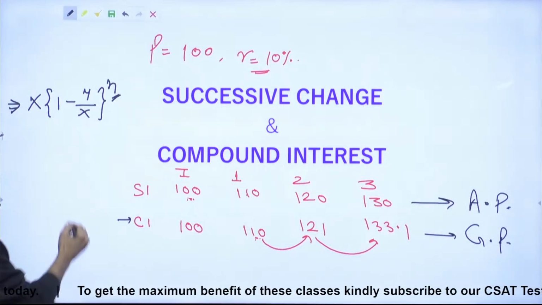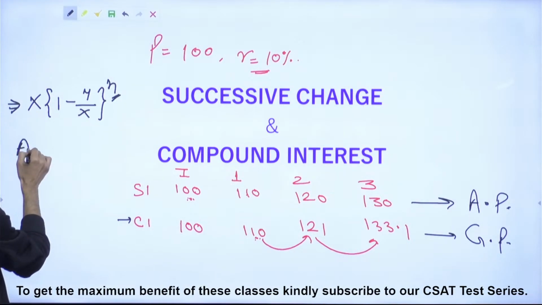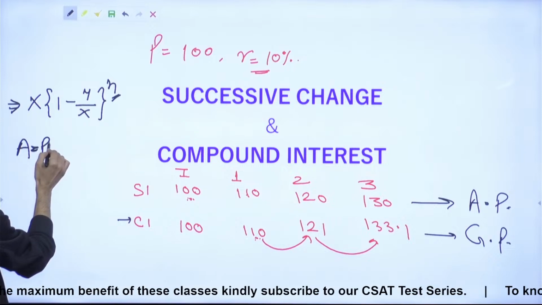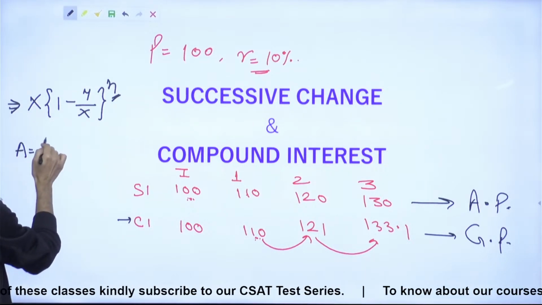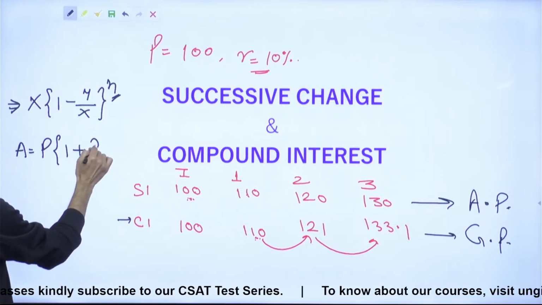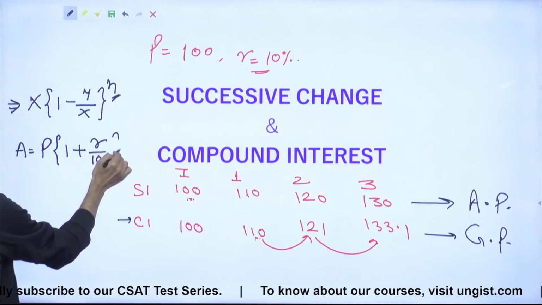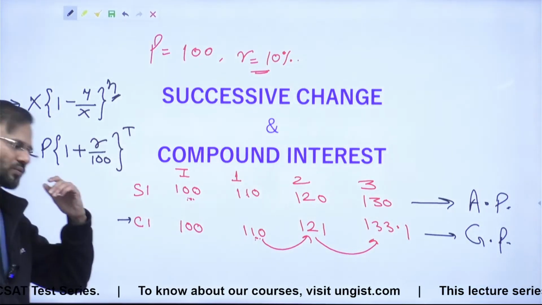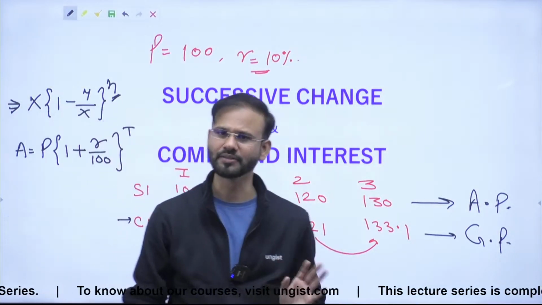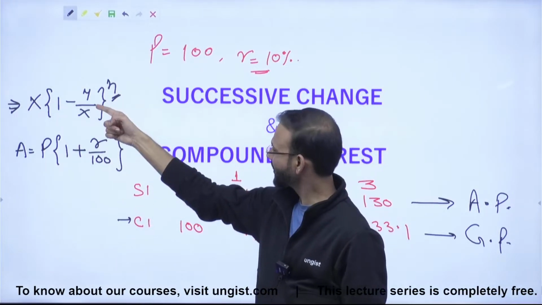What is the formula for compound interest? The formula for compound interest is A is equal to P into 1 plus R by 100 raised to the power T. A stands for amount. T stands for time, time in years. 1 year, 2 year, 3 year, 4 year, 5 year, right? So guys, in this question and in this question,